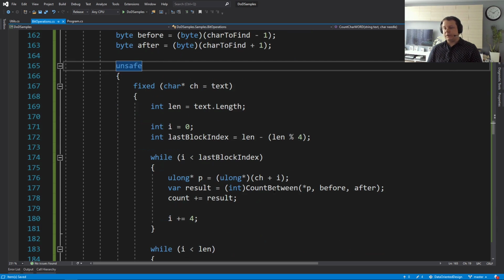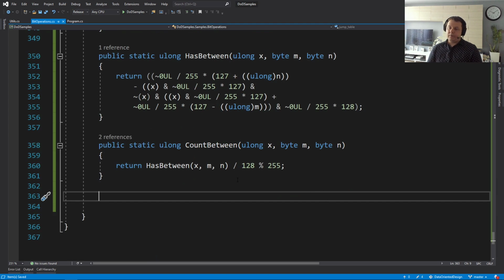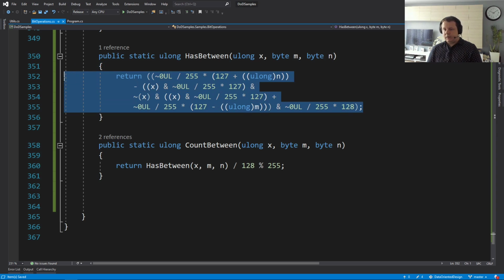And how this is implemented is this very complicated function, which uses a function called has between, and this is our bit hack, which is capable of counting stuff